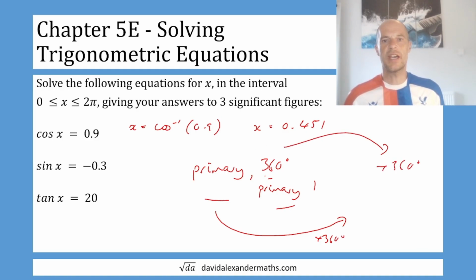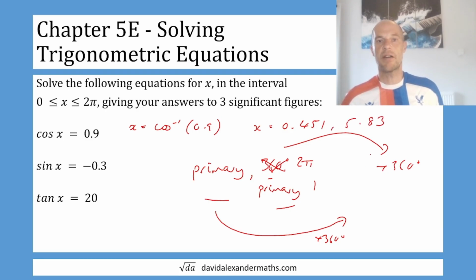But we're not in degrees, we are in radians. 360 degrees is 2 pi. So for my next solution, it's going to be 2 pi minus the 0.451. Instead of 360 degrees take away the primary, it's going to be 2 pi take away the primary. So on the calculator, it's just 2 pi minus the answer, and I'm getting